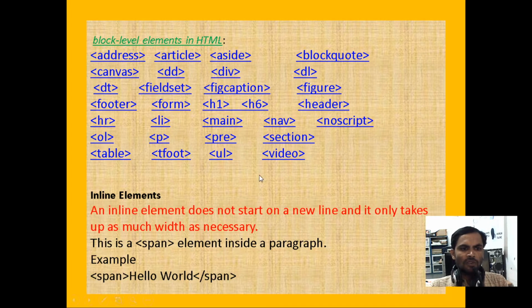Now, some of the tags in your syllabus that you learned before also come under the block tags: the li tag, the hr horizontal rule, ul unordered list, ol ordered list, and dl definition list. The paragraph tag and the table tag also come under the block tag.